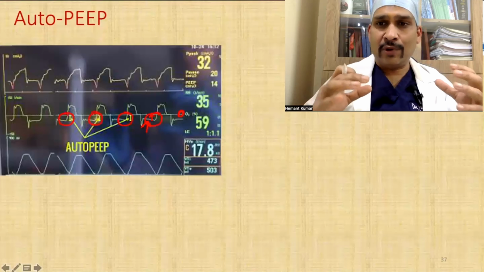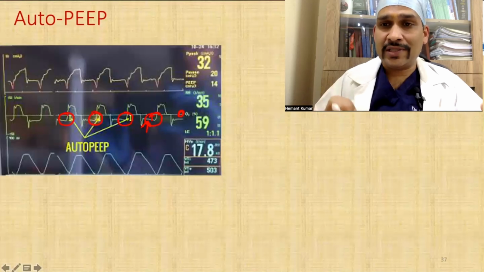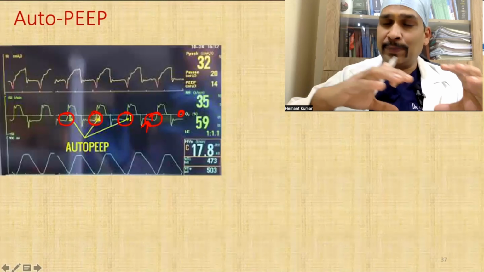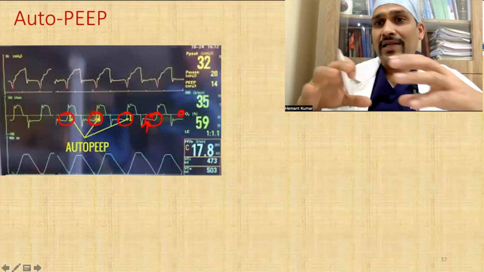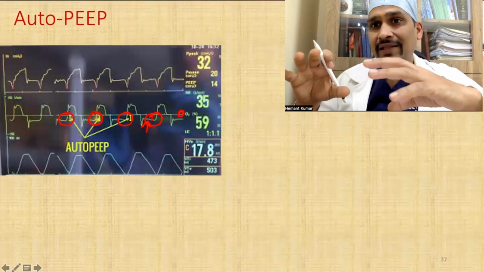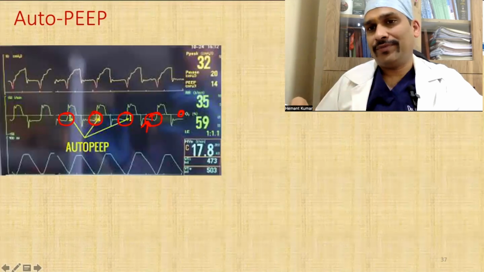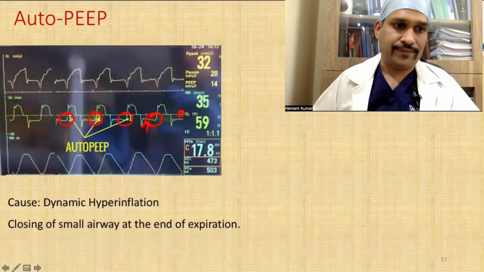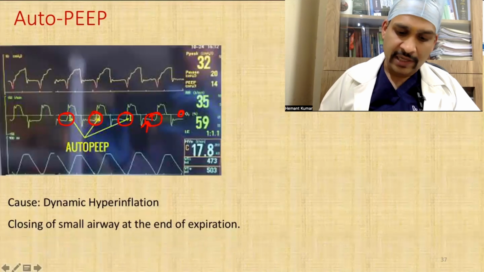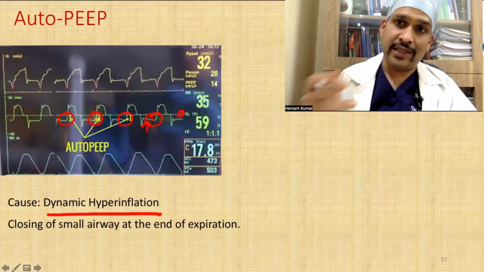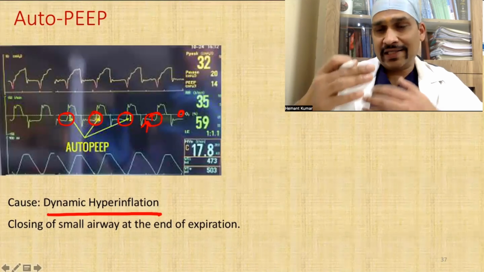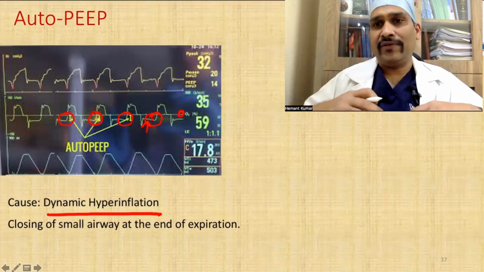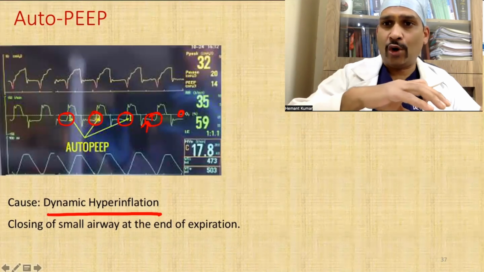If there is excessive auto-PEEP, it will reduce preload, and by reducing preload, there is reduction of cardiac output. So by cardiac output reduction, there will be shock. It causes dynamic hyperinflation. I have explained earlier that at each expiration, some air is remaining inside the alveoli, which is causing auto-PEEP